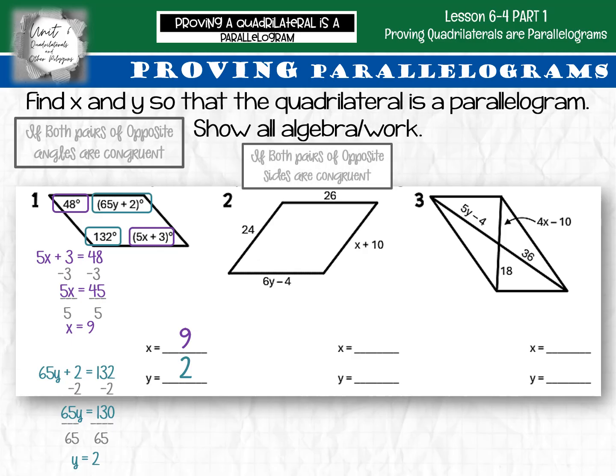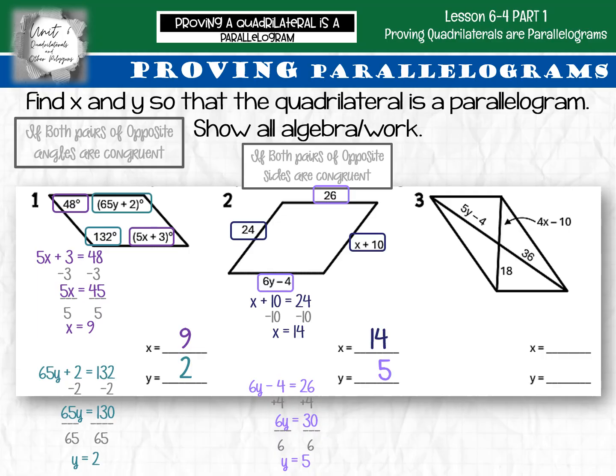Okay, opposite sides are congruent if both pairs of opposite sides are congruent. So let's set those equal to each other. Let's force x to be 14. And now set those equal to each other. Let's force the y into something. So 6y minus 4 is 26. Add 4 to both sides. 6y is 30. Divide both sides by 6. y is 5. So if x is 14 and y is 5, number 2, that quadrilateral is forced to be